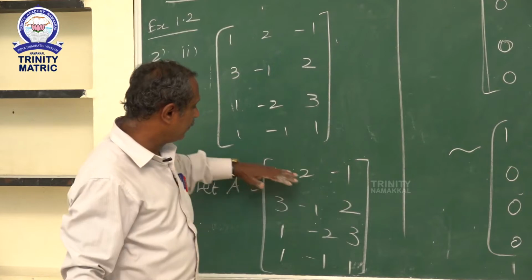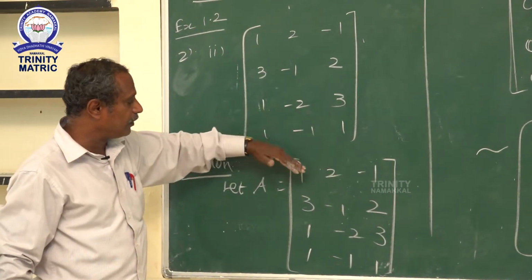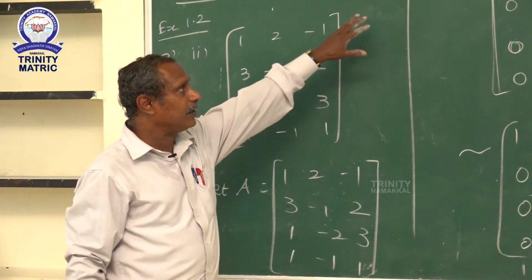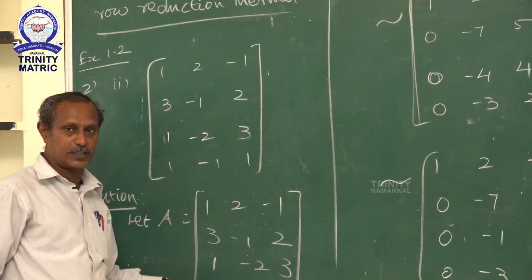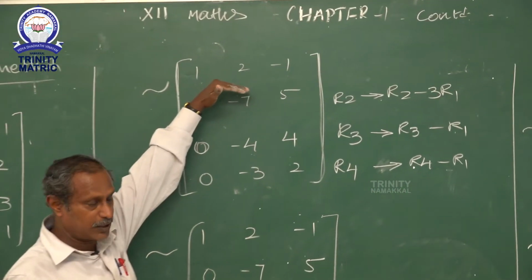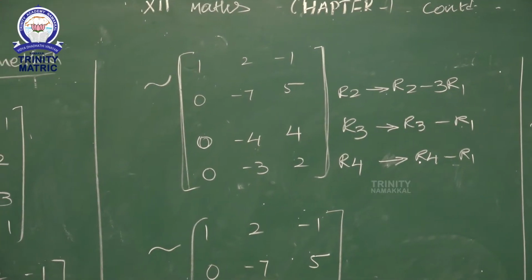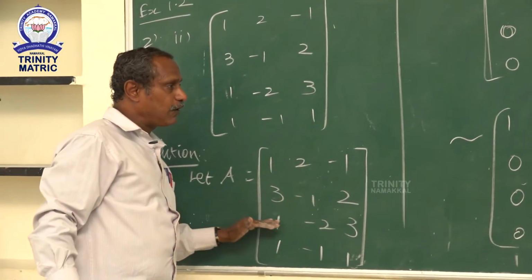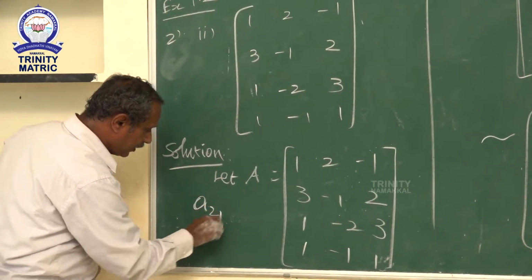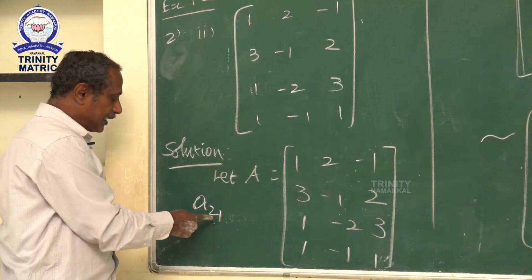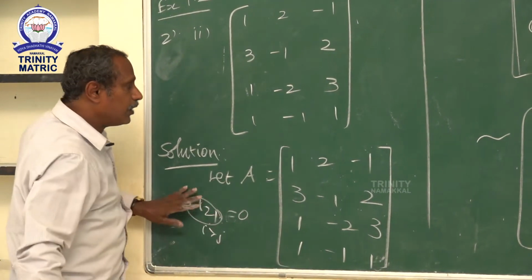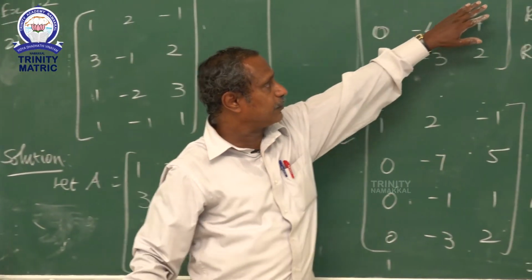After that, first you check the first row, first element, is it 1 means leave as it is. Otherwise, interchange the rows and columns. So, here already 1 is there. So, we can retain as it is 1, 2 minus 1. After that, move on to the second row, first element should be 0 because the place value of the second row and first element is A 2, 1. Here A 2, 1 means 2 is greater than 1, that is i is greater than j. So, that means this term we have to make into 0. That is why we move on to the elementary transformation method.